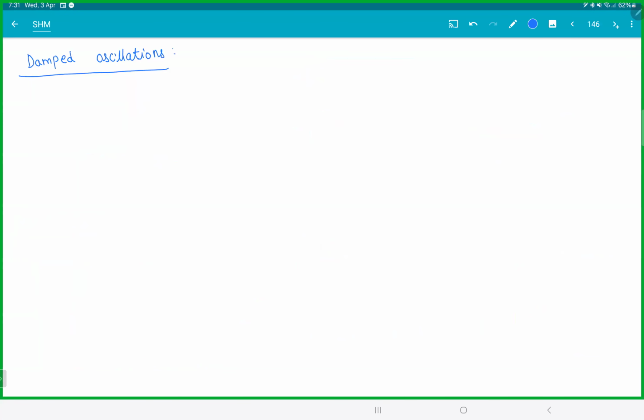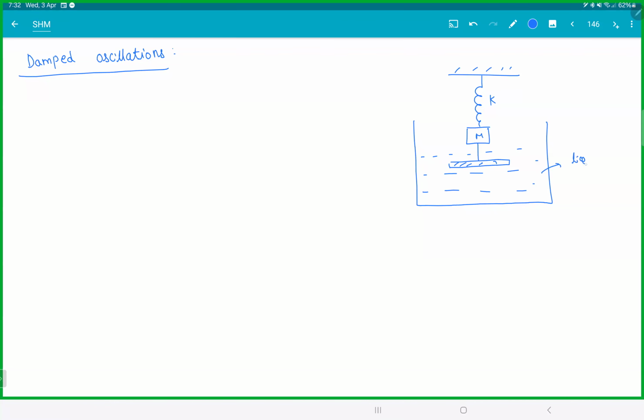So what is this damped oscillations? Let's take a simple case. Let's say we have a spring block system. Right? And let's say this thing is dipped inside a liquid. Let's say we have some kind of a platform, and this whole setup is placed in a liquid. This is liquid with viscosity. So there is some friction. So if air resistance or any dissipative force is present,